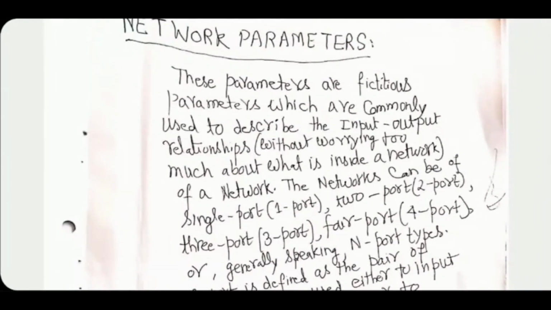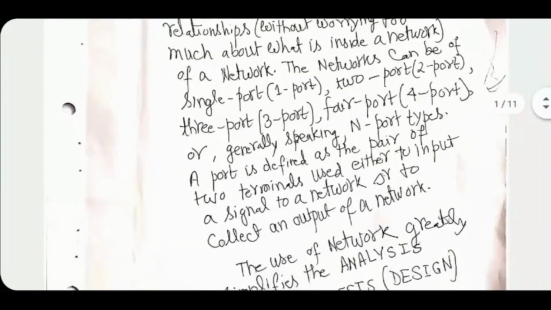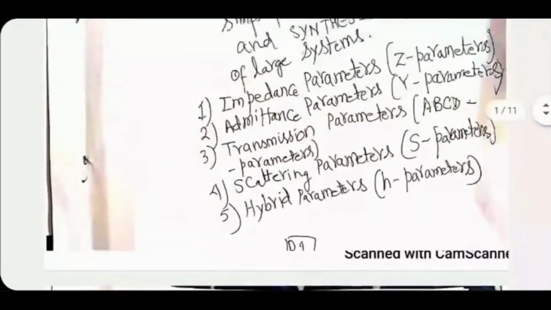Last time I was mentioning to you that input terminals, two of them taken together, are known as one port, the input port, and the output terminals taken together are defined as the output port, the port number 2. Networks can have more than 2 ports also. In fact, some networks have only 1 port, and some can have 4, some can have 5 also. But we would restrict ourselves for now to two-port networks. The use of network, there's a bit of omission here in the sentence.